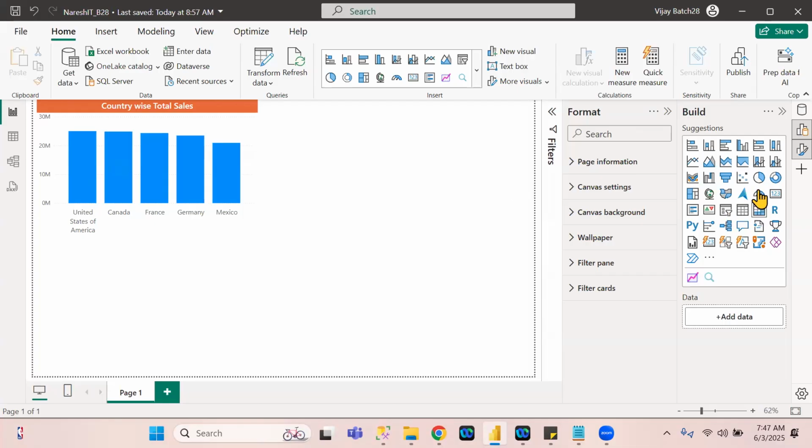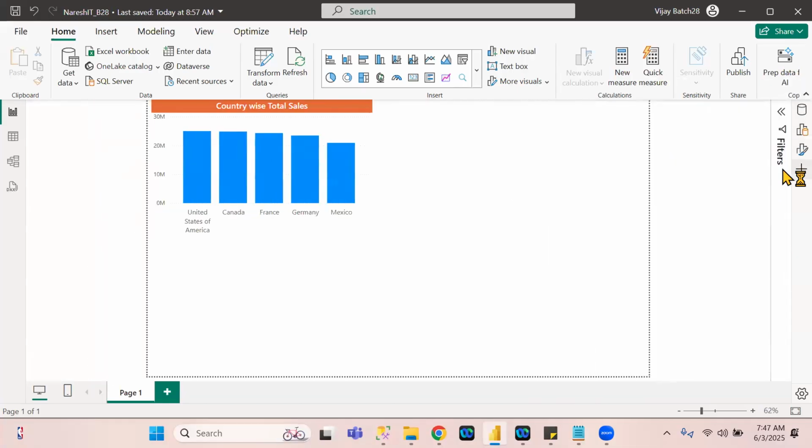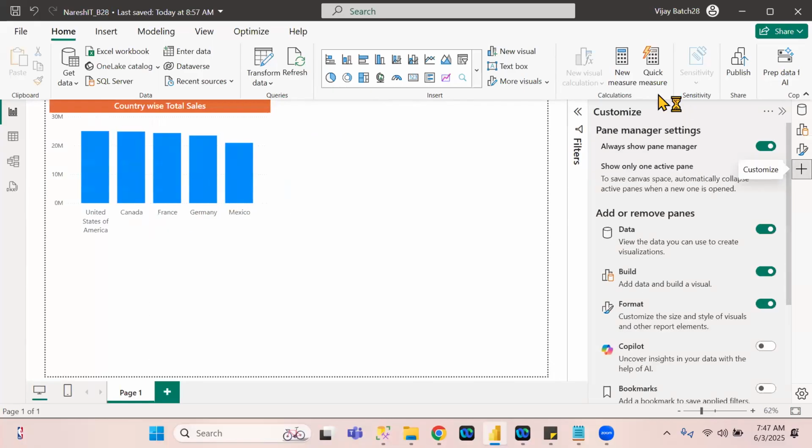Understand or not? See here. When you click on customize, it will open this particular tab. By default, data tab is on, build tab is on, and